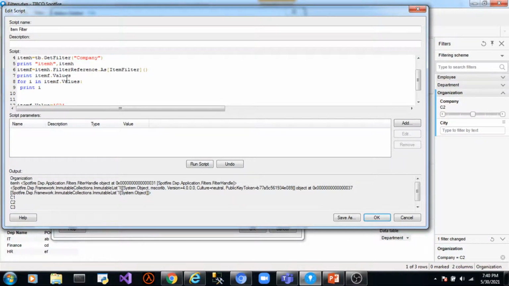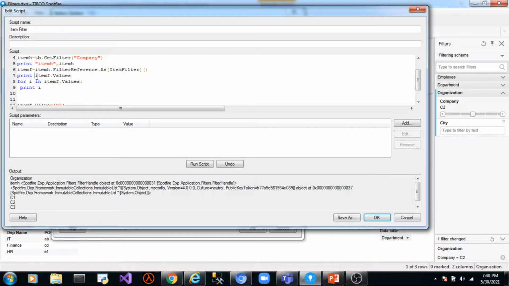There is one property called values which returns all the available values in the filter. To access each value, we need to loop through the collection of values returned by this property. This item filter dot values, this is plural values, returns a collection of values available in the filter company.